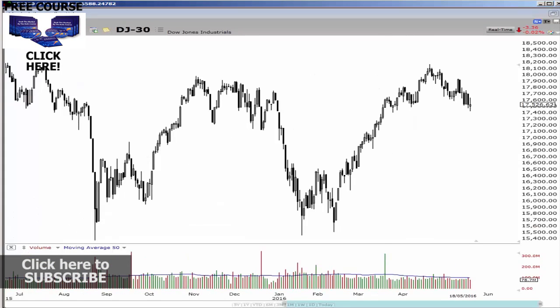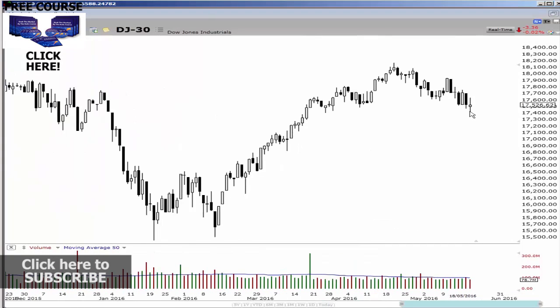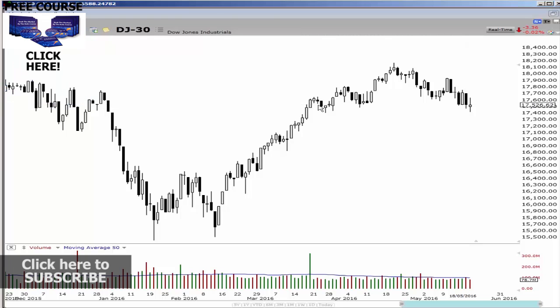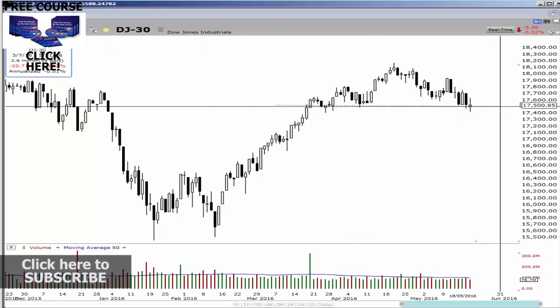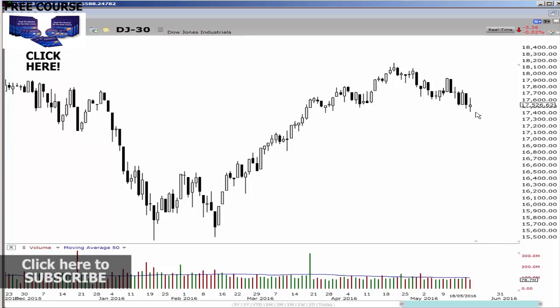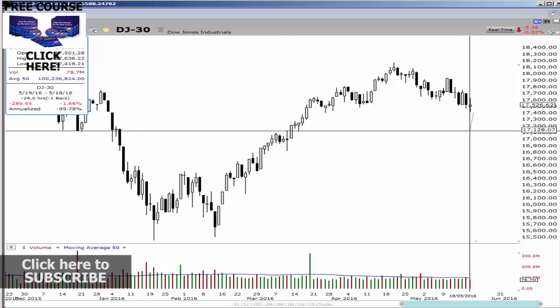So first, let's bring up the daily chart and show you what I see here. Dow Jones Industrial Average. We can see very little volume yesterday. Very little volume followed this down day here. We are at this overall level of support here, and we're still holding this level of just major support through here. So I think if we do see a breakdown, or when we see a breakdown, I believe we're likely to see a big move. So from there to there, we're likely to see probably a good 2 or 3% down day on the